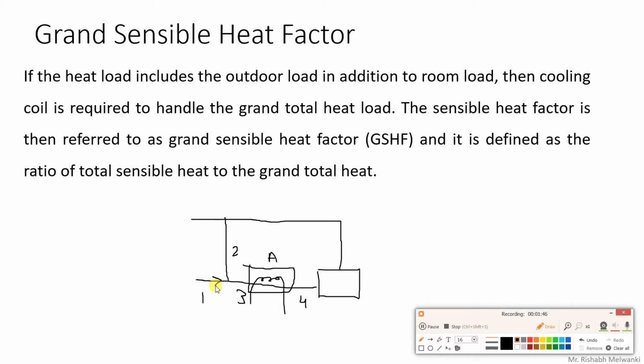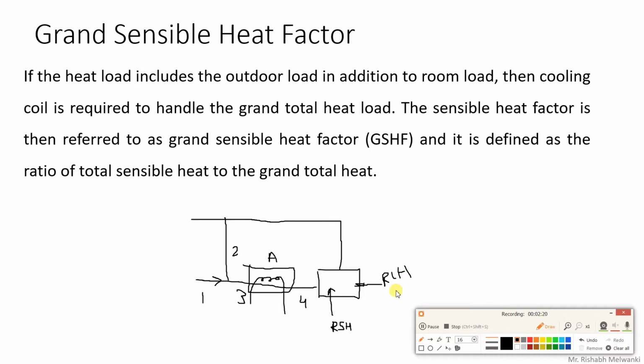Now what are the sources of heat actually involved inside the room? If you consider at this location we have RSH, room sensible heat. Here the example is related to cooling. Okay, so this is cooling coil. Whatever coil I have shown, this is outside air, and then we have recirculation. So here inside the room, what type of heat we have? Room sensible heat and room latent heat, RLH. So RSH and RLH.